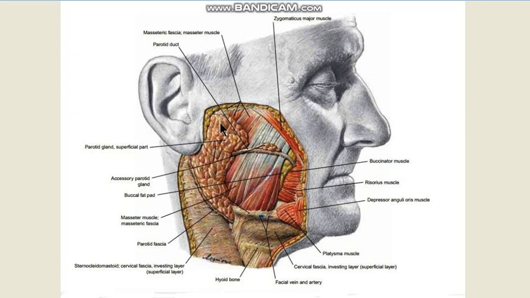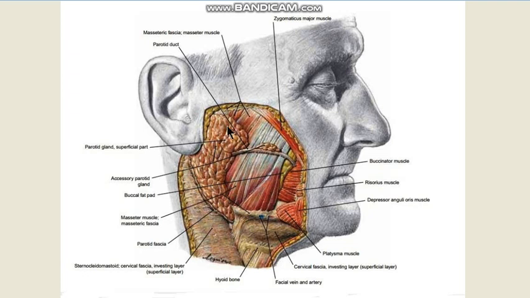And then if you reach the investing layer of the deep cervical fascia, the investing layer of the deep cervical fascia splits to enclose the parotid gland, of which its superficial layer goes right up to the zygomatic arch as the parotidomasseteric fascia. This is a very stiff fascia covering both the parotid gland and the masseter, and the deeper